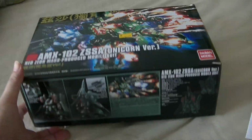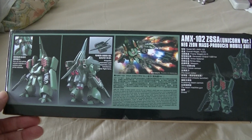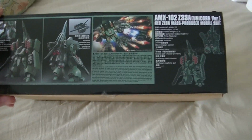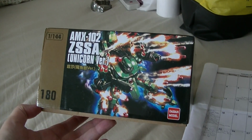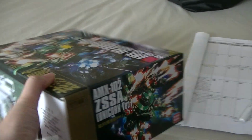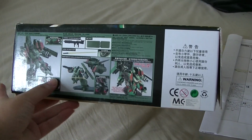And let's do an unboxing of this here Daban model, the Zza Unicorn version. This is a high grade, of course, and this is quite a bulky mobile suit. Normally I do not like high grades, but chances of this unit becoming a master grade and getting ported into or copied by